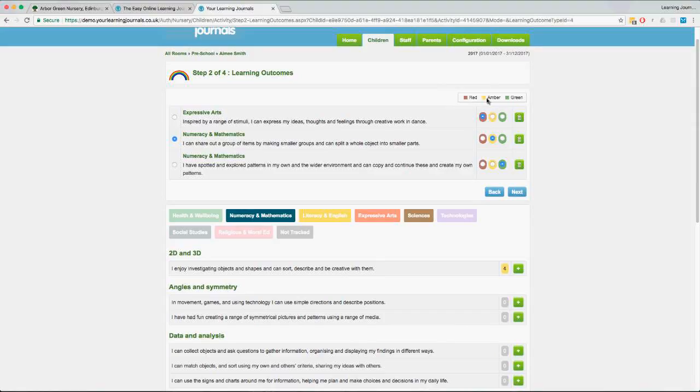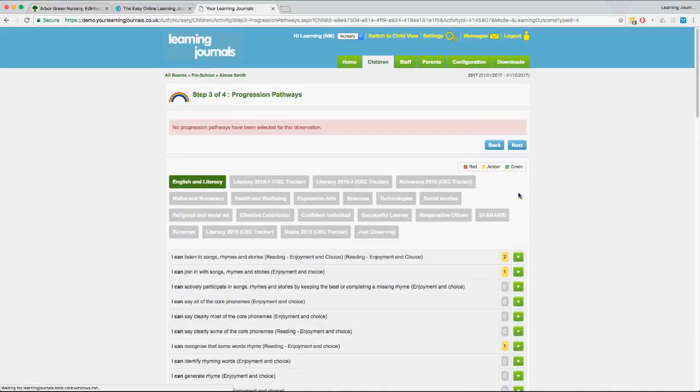You just choose red, amber, green, and you can actually customize these labels. So if you wanted to use emerging, expected, exceeding, or developing, consolidating, secured, whatever you want, you can change that all in your settings. So moving on to the next stage, in this particular curriculum, we've got what we call